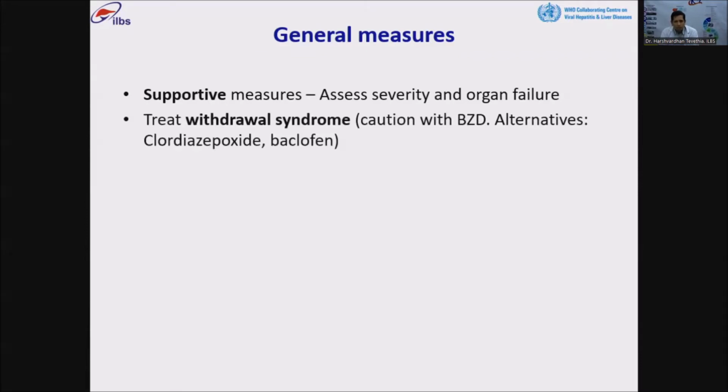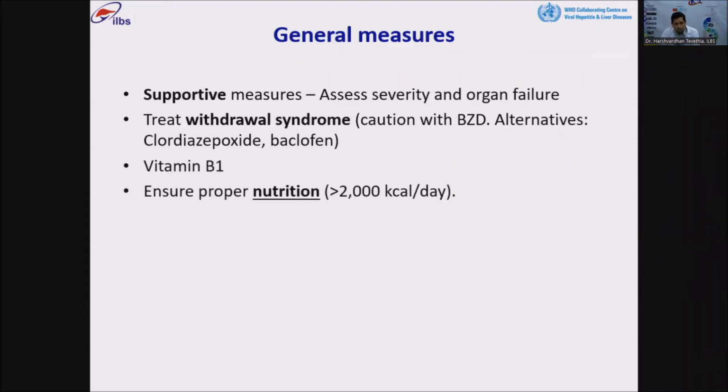Now, treatment of withdrawal syndrome, of course, if the patient has it, with benzodiazepines and chlordiazepoxide, depending on the category of the patient. If the patient has multi-organ failure and has many systems involved, you possibly will treat withdrawal only once you have achieved success in treating the organ failures. Ensuring nutrition, and this will be later on in slides, has been shown to be very beneficial in patients with alcoholic hepatitis, especially with a high-calorie diet. It has been shown that alcoholic hepatitis actually responds to nutrition. So nutrition has to be counseled, nutrition has to be maintained, and is still one of the most effective treatments